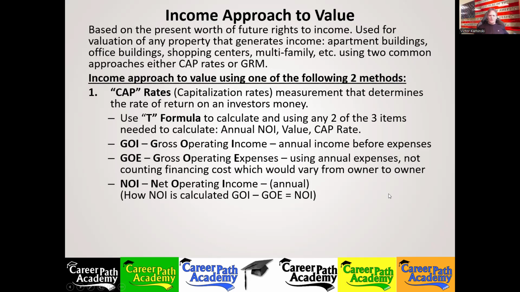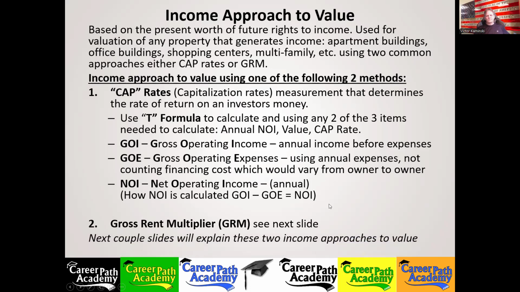So income minus expenses equals the net, basically. Don't get confused by why they call it gross operating, net operating. That's just what they call it, okay? You guys know income minus expenses equals your net, how much you put in your pocket, how much you could use. It's basically the formula there. And then we're going to learn about the GRM and how to do that on the coming slides.